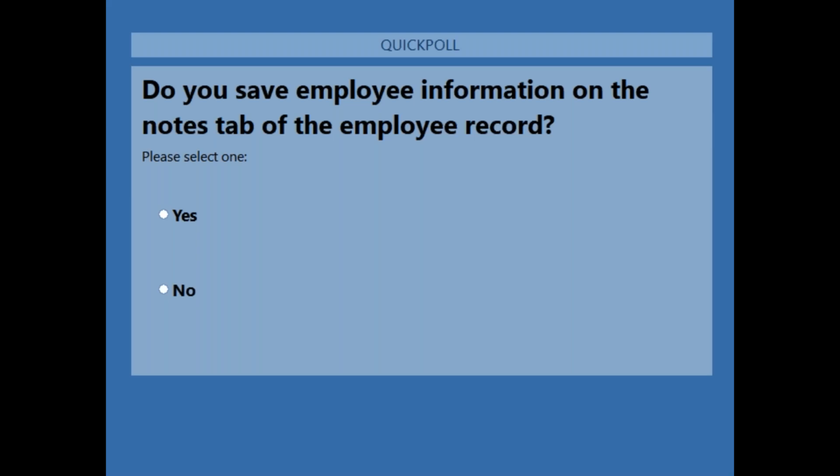Yeah, and we'll give it just a few more seconds to let everyone have a chance to respond here. We've got quite a few of you have voted so far, so we do appreciate that. All right, I think I'm going to go ahead and close it. Looks like it's slowing down here. And so a fair amount of you today did say yes. So hopefully after we visit this here, you'll see why that's a big deal, and we can show you other areas to store that information.